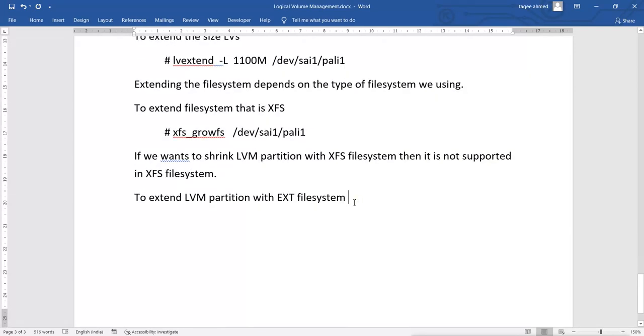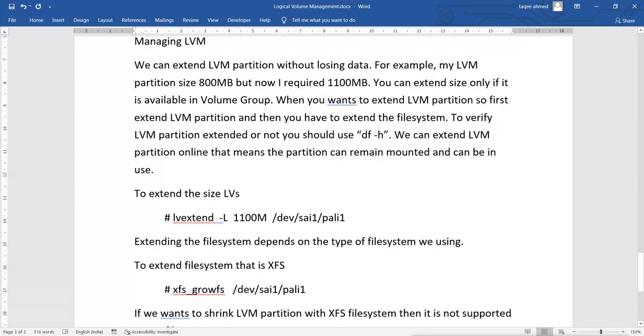Here, if we want to extend the file system with ext, remember, we can do it online. First we have to increase the LV, we have to extend the LV partition, and then we can extend the file system. Same thing, and we can verify by using the df command. Otherwise, if you use lvdisplay, it will show the proper size, but the actual file system size it will not mention.